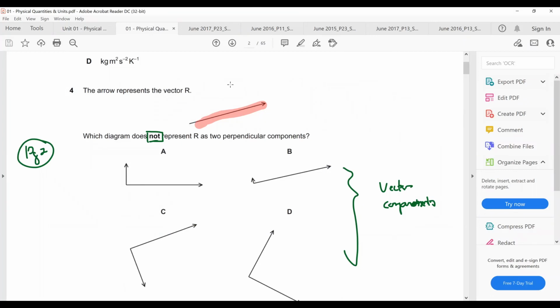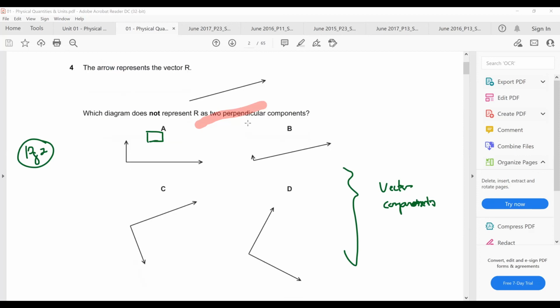To give you a better idea of that, recall that just now I told you if they are vector components, if you try to draw them from head to tail, they will give you back the original vector. So what you want to do now is you try to rearrange each of these vectors from head to tail and see whether they give you back the original vector. What I mean by that is this. Let's just say for answer choice A, you try to shift this to this side. It's drawn from head to tail, right? Your resultant should be